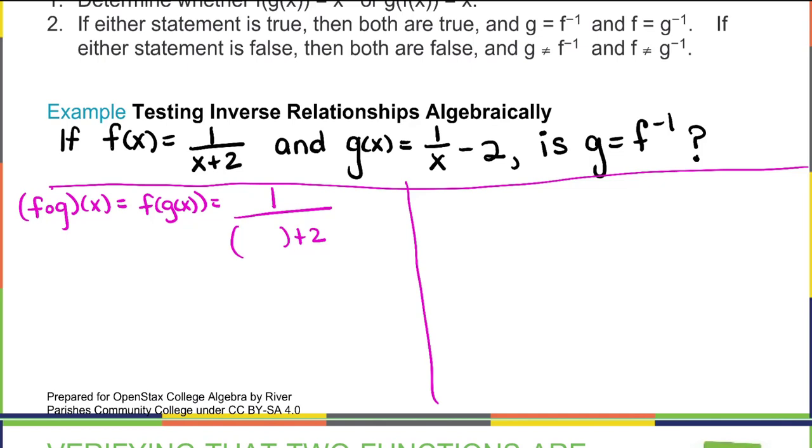G is 1 over x minus 2. Now, hopefully you see here that the 2's will cancel, and that leaves 1 over x, and 1 divided by 1 over x is the same as 1 times x over 1, which is just x,